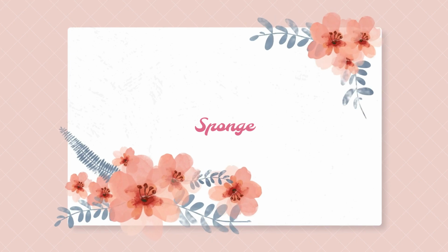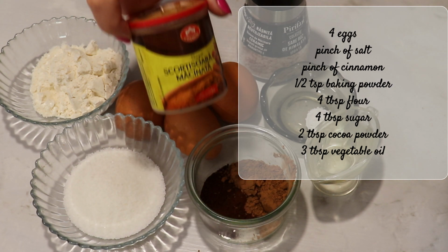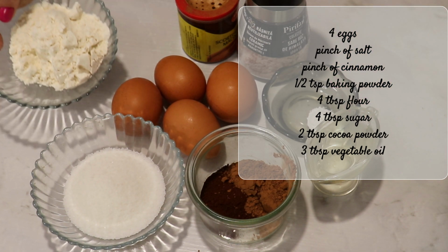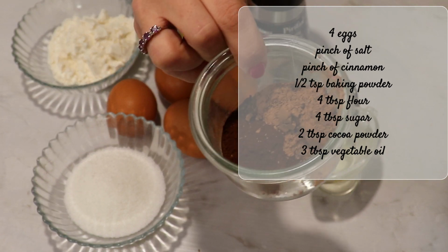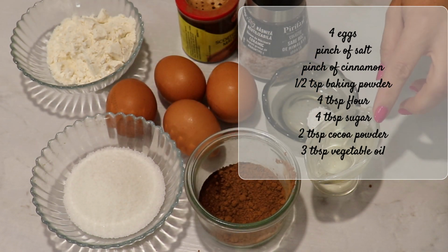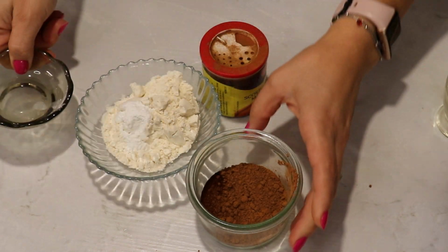Now let's make the sponge cake, and it's really easy. I'm gonna need 4 eggs, a pinch of salt, I'm gonna add a bit of cinnamon, half a teaspoon of baking powder, 4 tablespoons of flour, 4 tablespoons of sugar, 2 tablespoons of cocoa powder, and I have here a mixture. This is what I had left in my kitchen, so I combined those two, and 3 tablespoons of vegetable